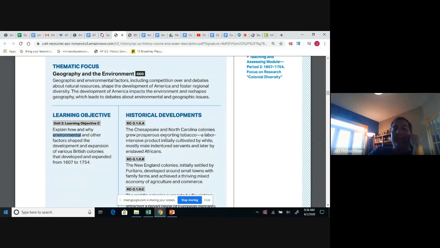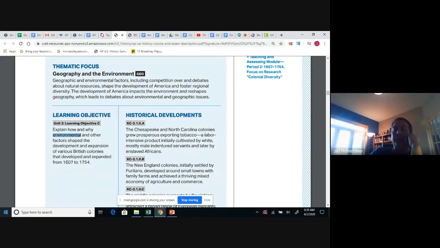When you think about these guys, then they realize that they are so distant from the home country, and they've got threats. They're threatened by the Spanish. They're threatened by the Native Americans. They're threatened by their own white laborers. They create the House of Burgesses, which creates our legislative branch in that colony to try to keep them organized and get stuff done. We've now taken you from 1607 to 1754 then,